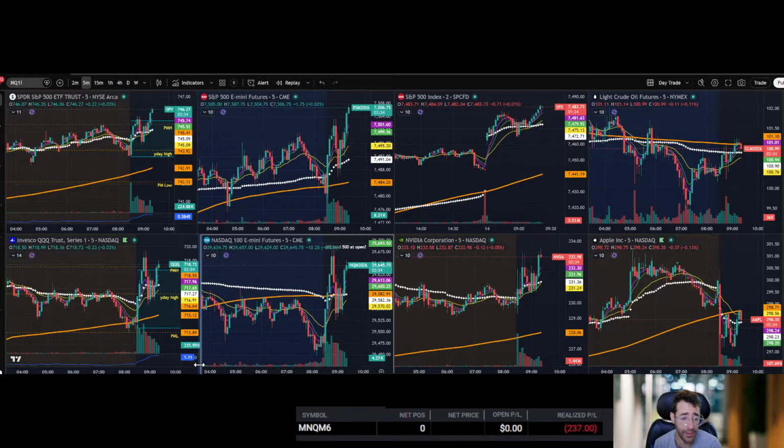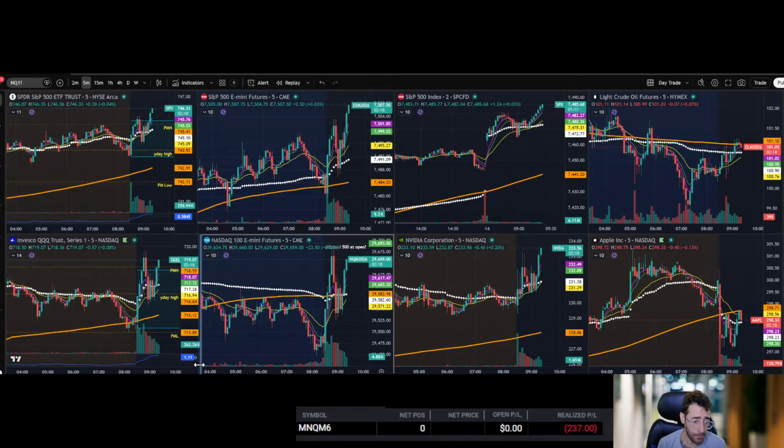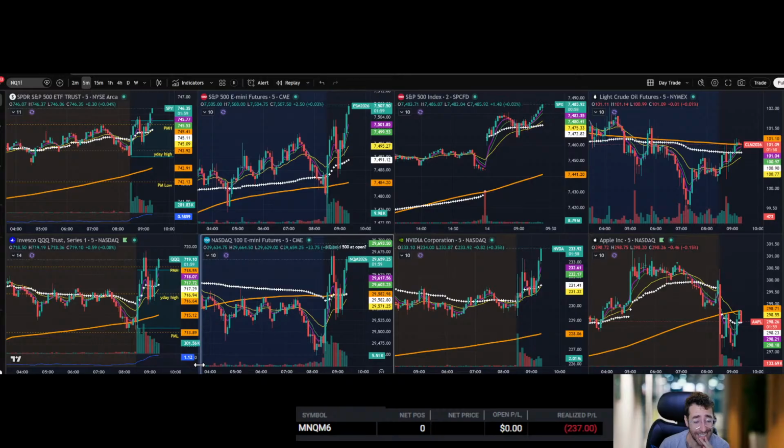Sometimes sitting on the sidelines is better. It's like if you're at the beach and the waves are like 25 feet, and there's signs that say do not surf, riptide, do not get in water. You shouldn't be getting in the water. And that's kind of how I feel like today's price action is. I mean, we do have room higher, but the price action is just dangerous right now.